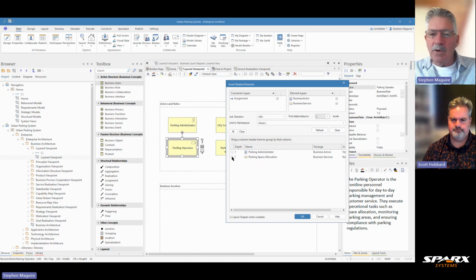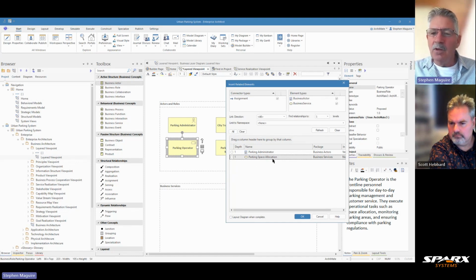Now, I'm going to click on that one, and I'm going to turn off this layout diagram when complete, because I've got the diagram organized the way that I want it to be. So I'm going to turn that off, because I want to inject this parking space allocation, which is in the repository but not in this diagram. So if I go OK to that,